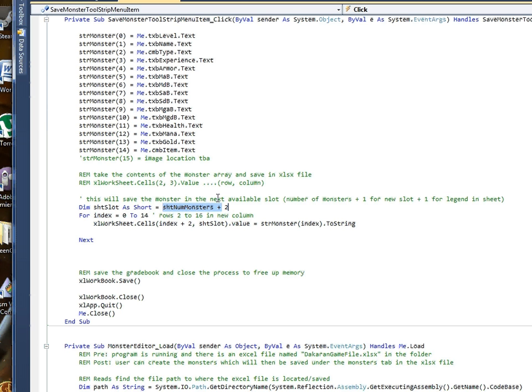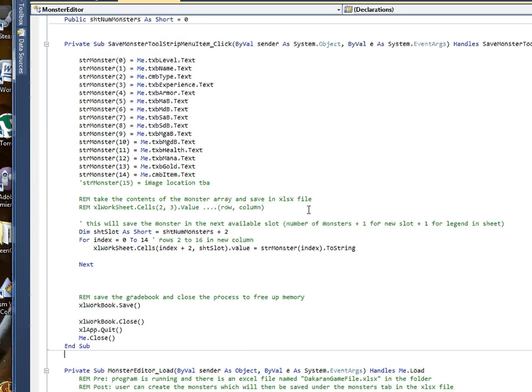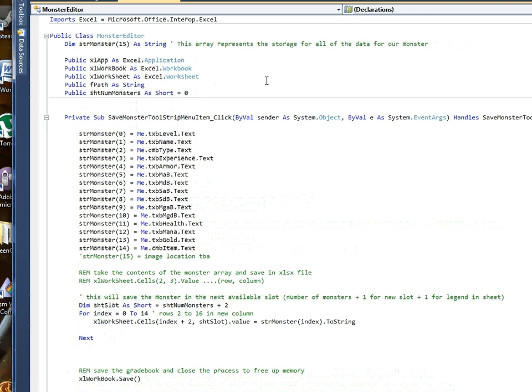We've got to add 1 for that, and we've also got one column of data for our label. This writes all of the data to those particular cells, and then we want to save our workbook. We want to close our workbook. We want to close our app, and then we want to close the form. And that's everything for our Excel application. It's relatively straightforward, and I'll show you how it works. You've got the code here. I'm just going to hit play,